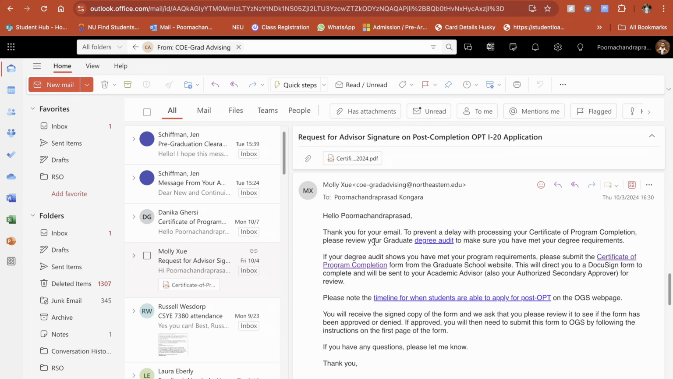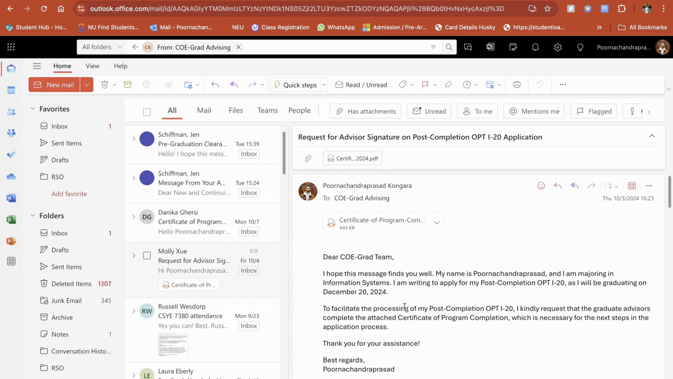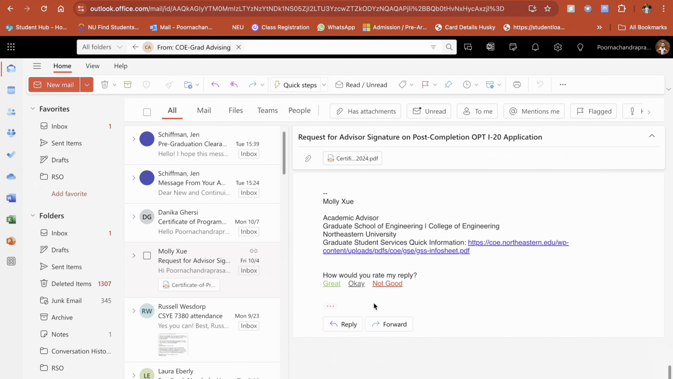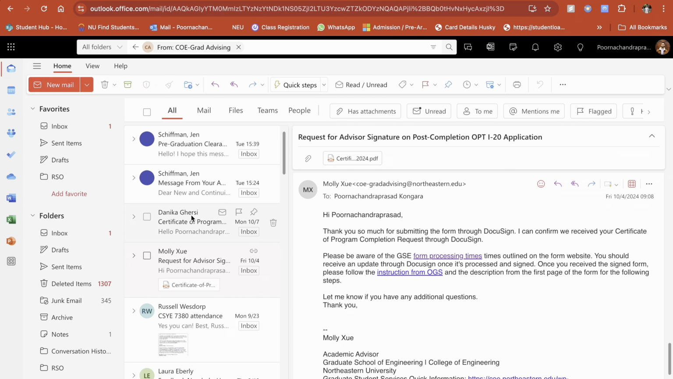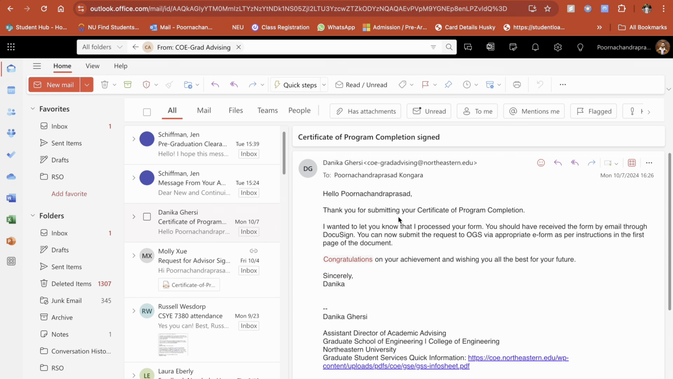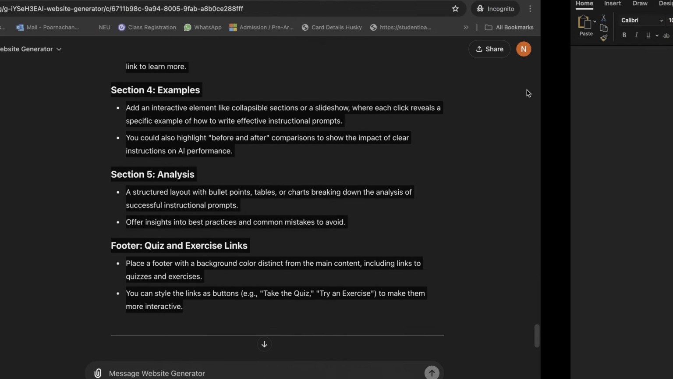And after this you can mail your co-op advisor, requesting an advisor signature on the post completion OPT I-20 application. Write this kind of message. Then after a few days the form will be given back to you. So your certification of program completion will be there. And the next step is